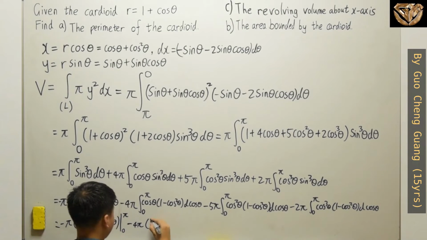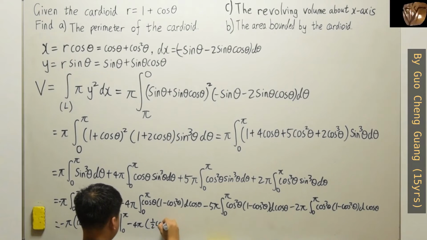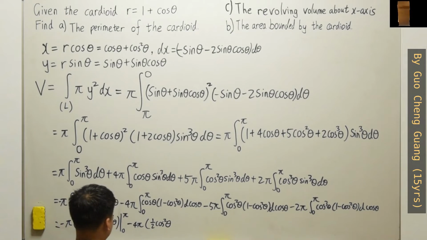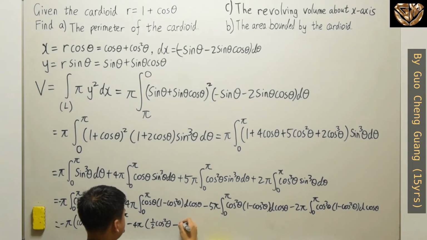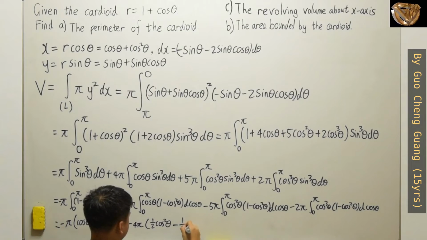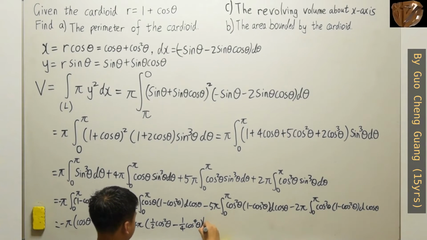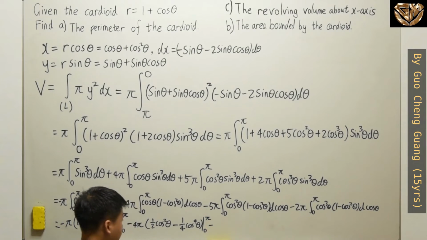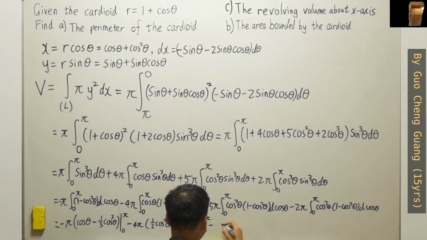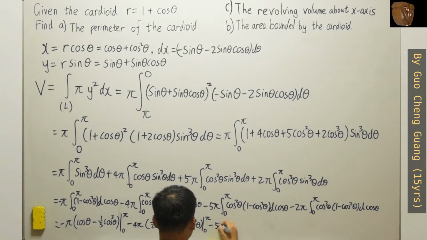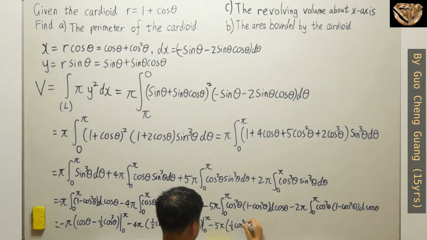So half cosine square theta, and then minus, so this is a cube which becomes a 1 over 4. Minus 5 pi, and then so square, which becomes 1 over 3 cosine cube theta,